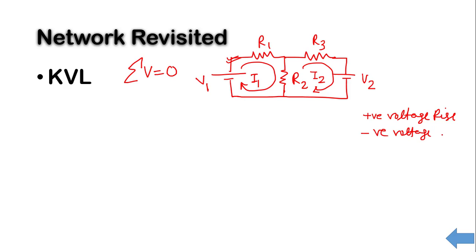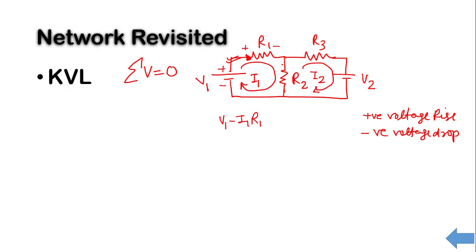It may be different from your reference because you may be using a different convention of signs. So first I will try to implement KVL in this loop. I will go from negative to positive here, which means there is a voltage increase, so I will take it positive V1. Now I am going towards this resistance R1. The current is flowing in this direction. As we all know, current flows from higher potential to lower potential, so there is a voltage drop in R1. So I can write minus I1 R1.